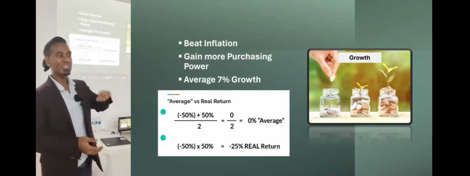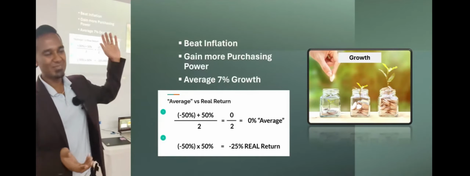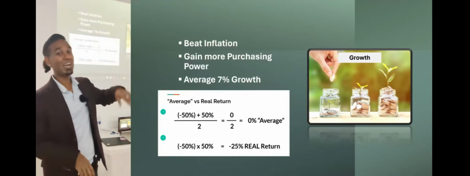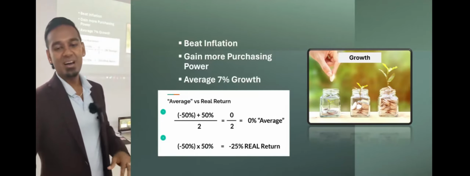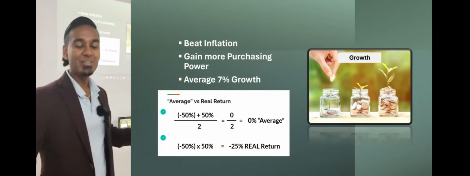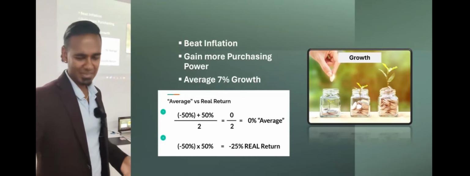On average, if you average anything between 0 and 13 or 15 or whatever up above, that average will always be positive. It'll always be a real average that you can rely on. So just keep that in mind as you think more about financial products and stuff like that.